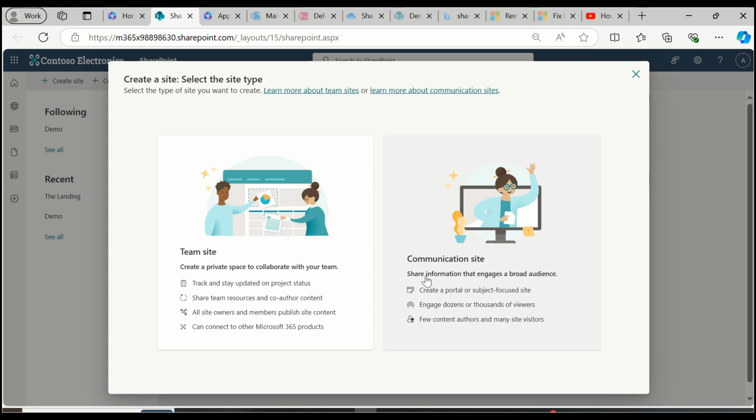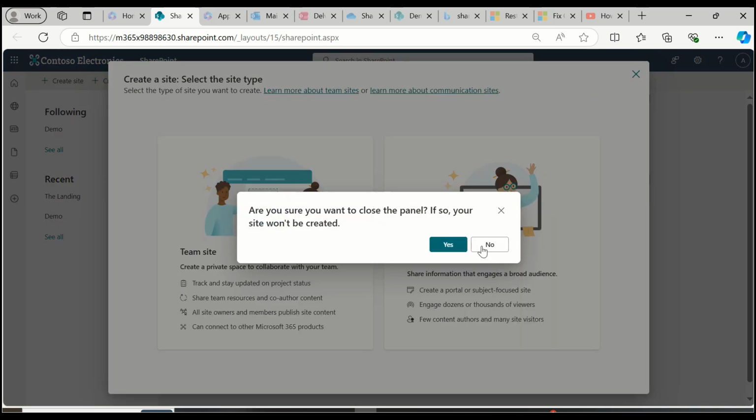What is basically the difference between both? The team site is for internal collaboration, team building, teamwork, and so on. Very private. The communication site is also private but gives a broader audience, usually used as the landing page, and then we navigate using team sites connected to it. Both of them function excellently well. However, the team site comes with what we call a Microsoft 365 group, guys. So now let's go back to the SharePoint Admin Center,